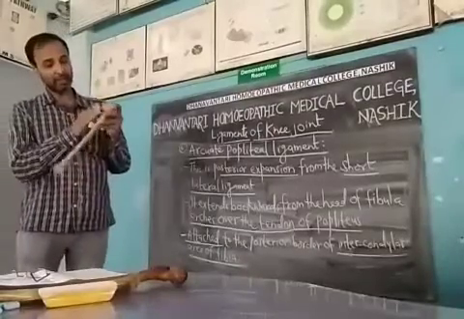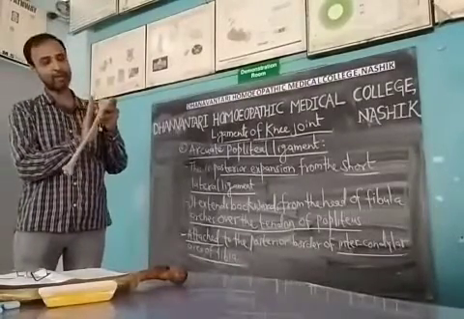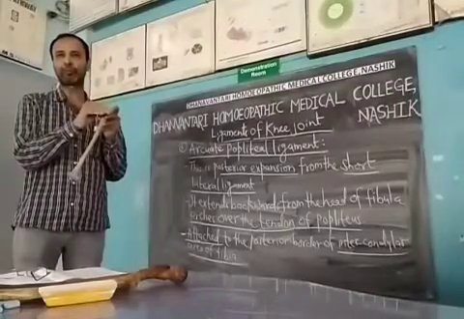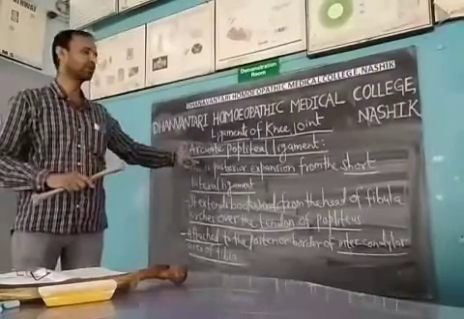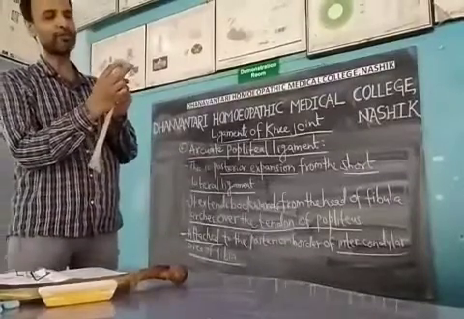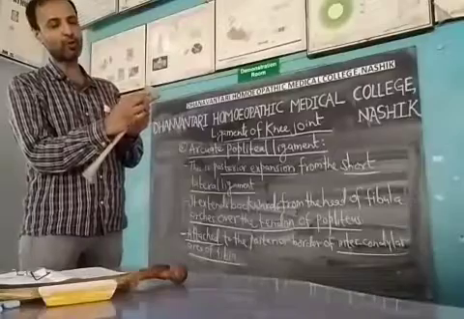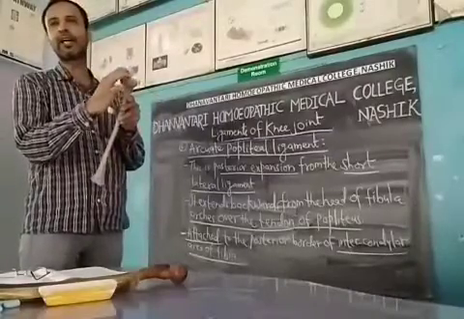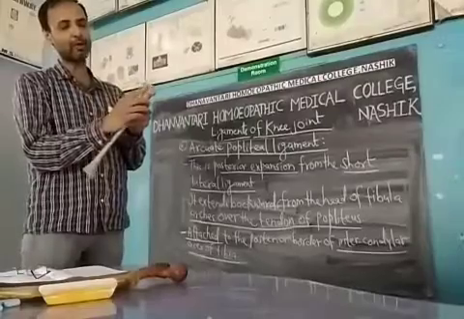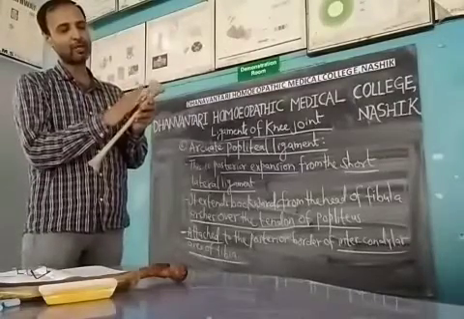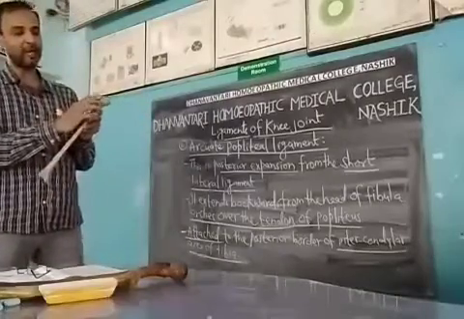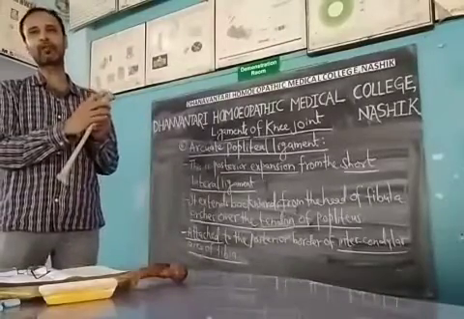And here, because the popliteus tendon is there, it arches over the popliteus tendon. Therefore its name is the arcuate popliteal ligament. And finally it gets attached to the posterior border of the intercondylar area of the tibia. So here it gets attached, on the posterior border of the intercondylar area of the tibia.